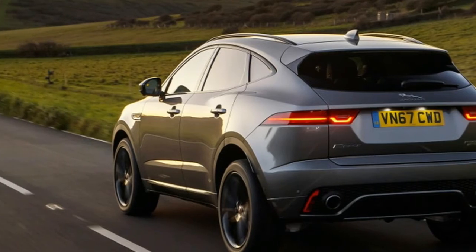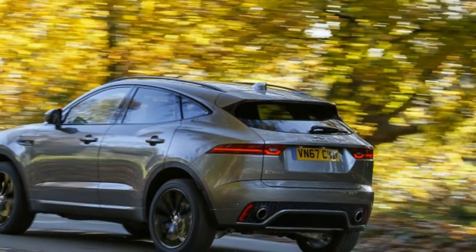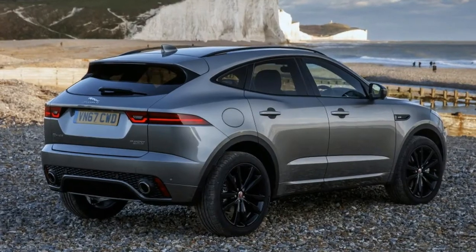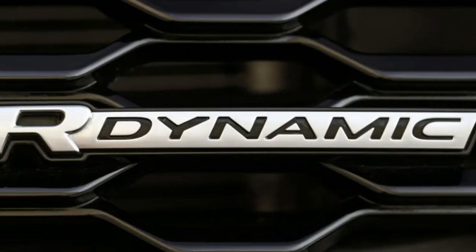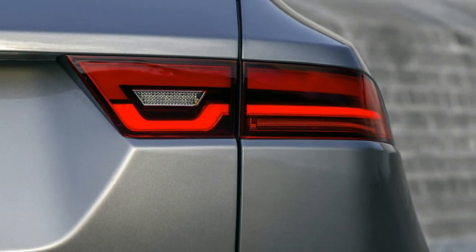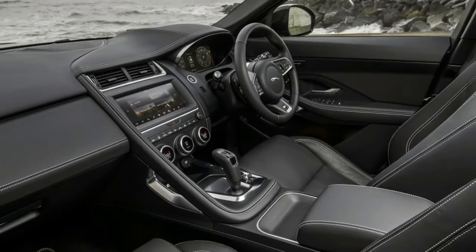Constantly variable dampers as part of the Active Dynamics package will be available in due course, but our test cars have passive struts, so below 30 miles per hour the E-Pace shows a brittle side. As the speeds increase this diminishes and the brand's trademark body control comes to the fore. The integral link rear suspension is key here. Variations of this setup are used across the Jaguar and Land Rover ranges, designed to both improve wheel control and packaging, with less intrusion to trunk space than the Evoque setup. In the Jaguar style, the E-Pace feels as composed and stable in the middle of its damper stroke as it does when settled. This flowing character is helped by well-weighted and positive steering,